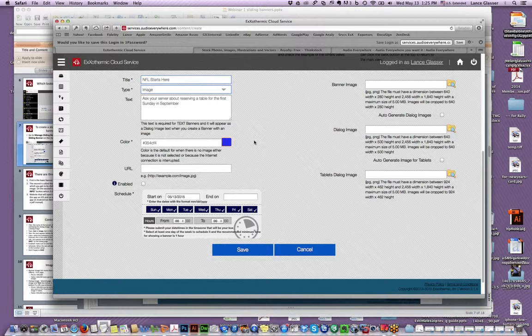Now, the banners will only show up when the venue server is connected to the internet. Sometimes things go down. Our system will work perfectly well if it's not connected, but you don't get all the marketing and ads. Still, you could pick what color you want to show up in the space of the banner if you did that. Now,